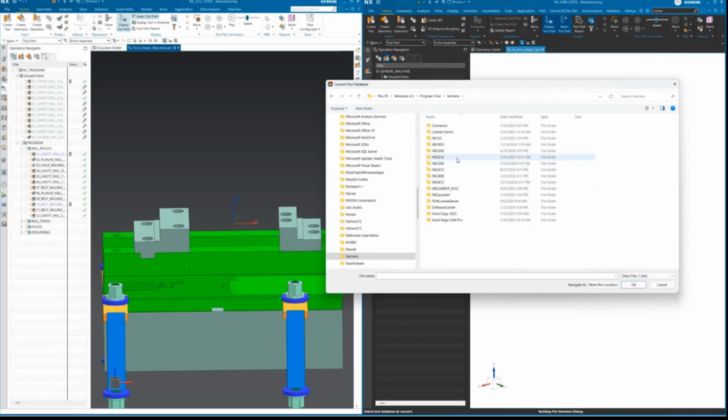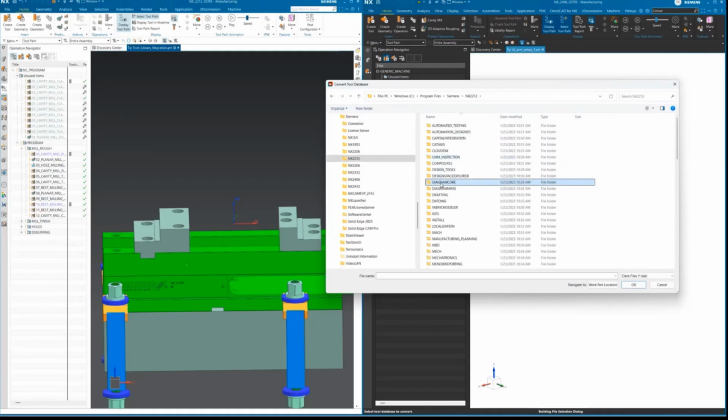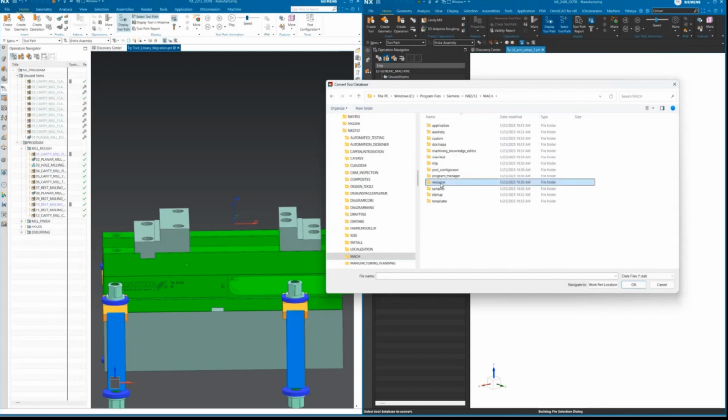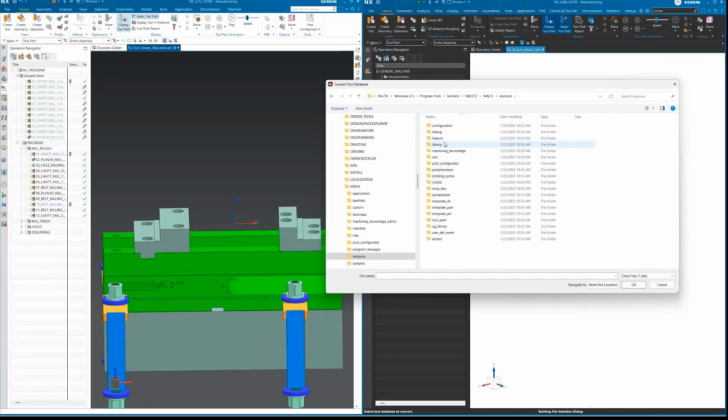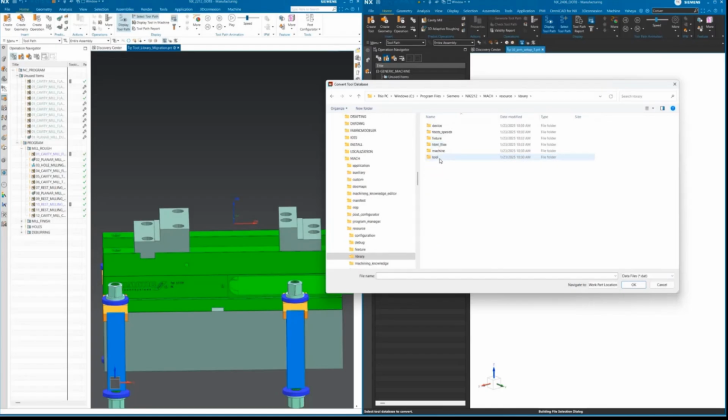The main thing that we have to look at here is that we have to select our database file, the data definition file, from the version where you have created all your custom tools. So in my case, that would be NX2212, and I'll navigate to the MACH folder, resource, under library,